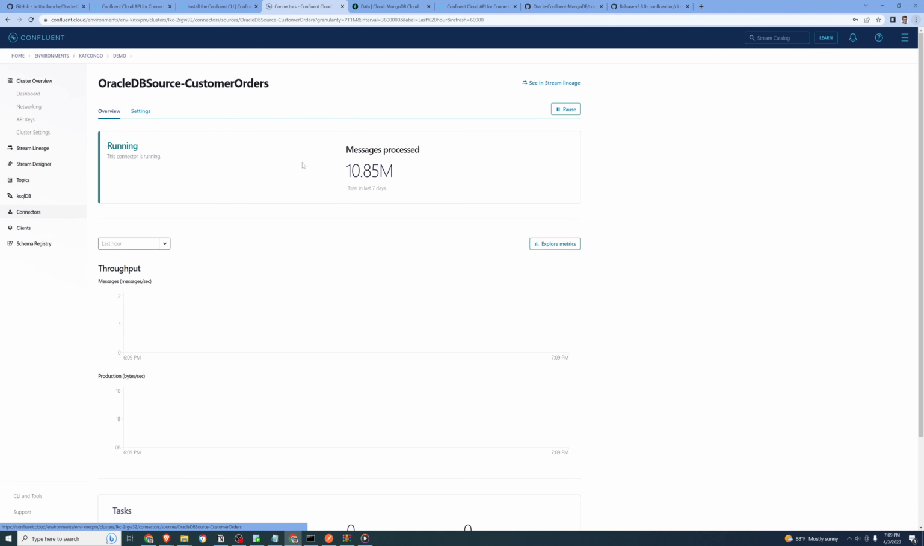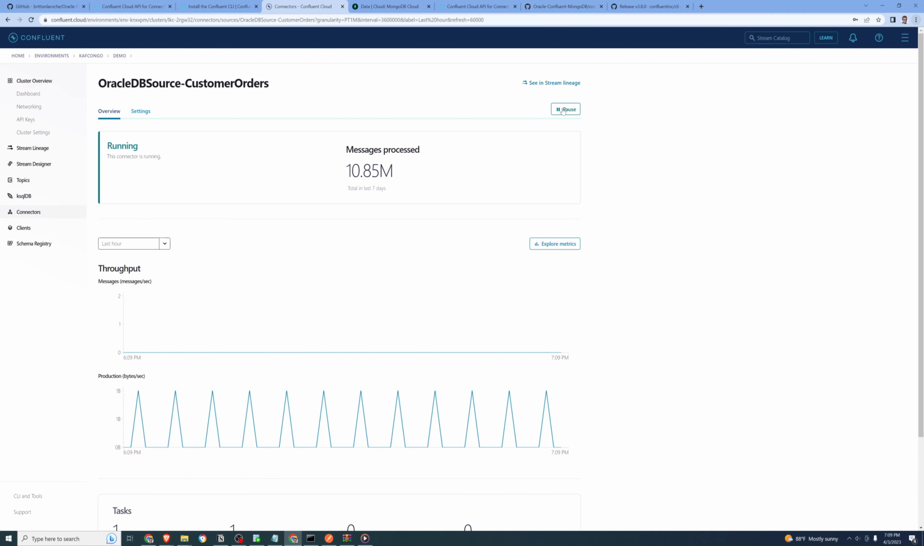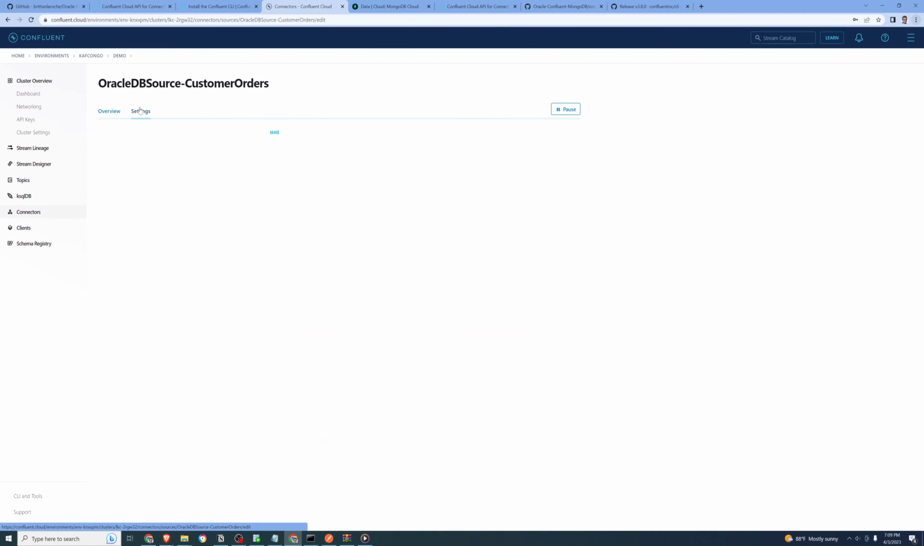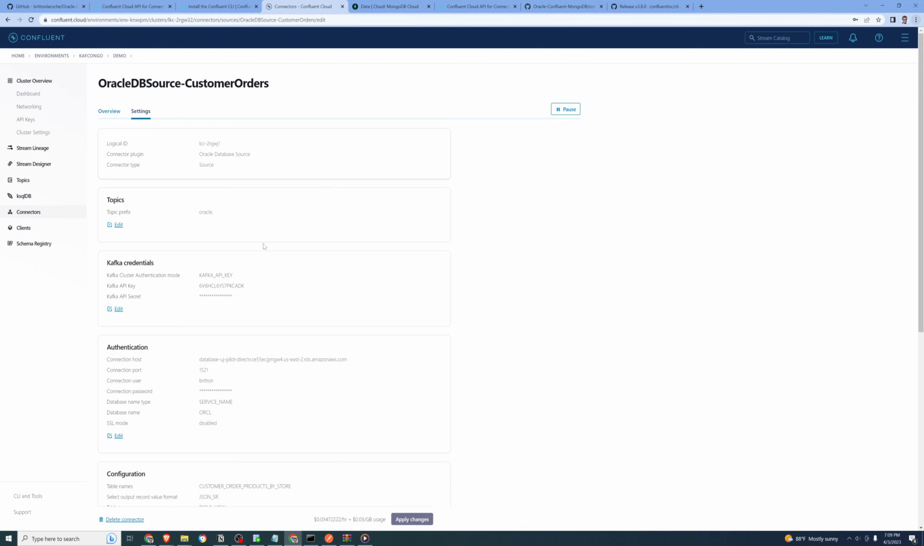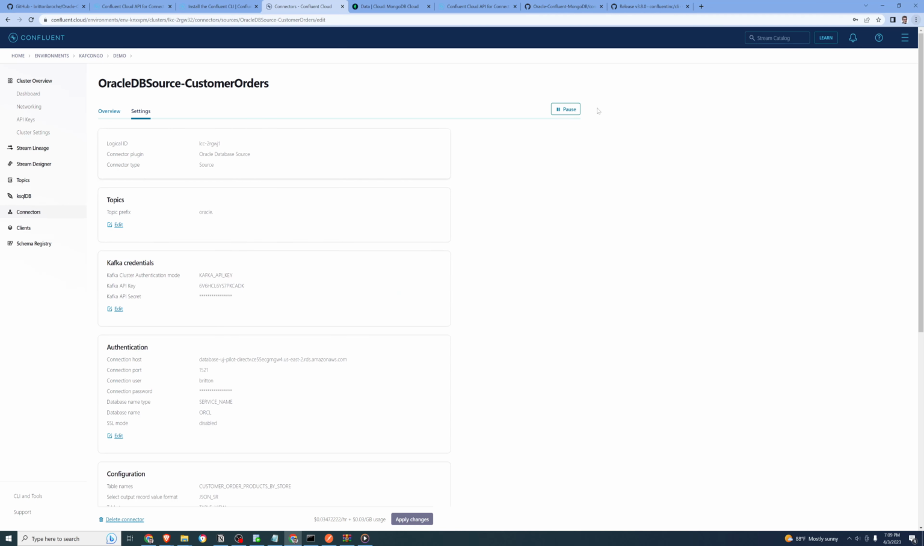I'm going to go to my Oracle one. I could pause it, but I don't need to. I'm just going into the settings. The only thing I want to do here is change the topic prefix, and I've actually done this to Oracle dot whatever, which is good. Since I've already done this, I'm going to go ahead and pause this cluster. And what I'm going to do,